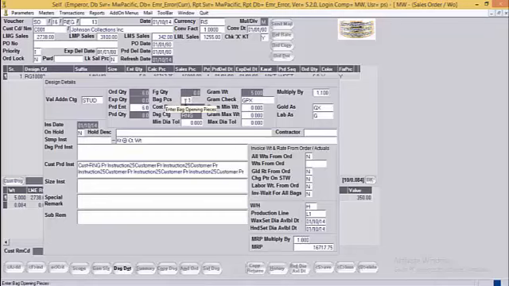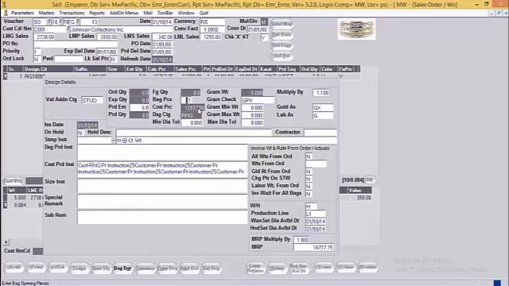Then the bag pieces. The value over here comes by default from the design master. The bag pieces means the number of pieces which a bag should hold. Then the cost price of the given design. To calculate the cost price, system will add up the cost value of metal and the other RM like diamond, color stone, accessories, etc. with the labor cost value, and the sum of this will be called as cost price for the given design.